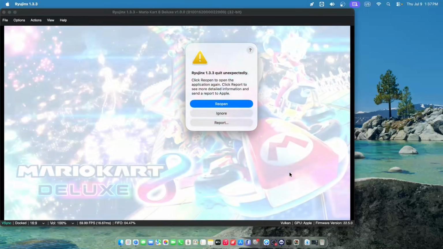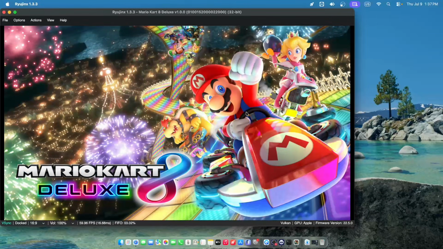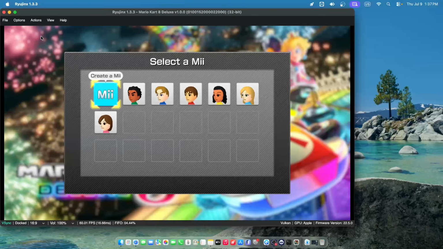Mario Kart 8! Now press UE and just press something like